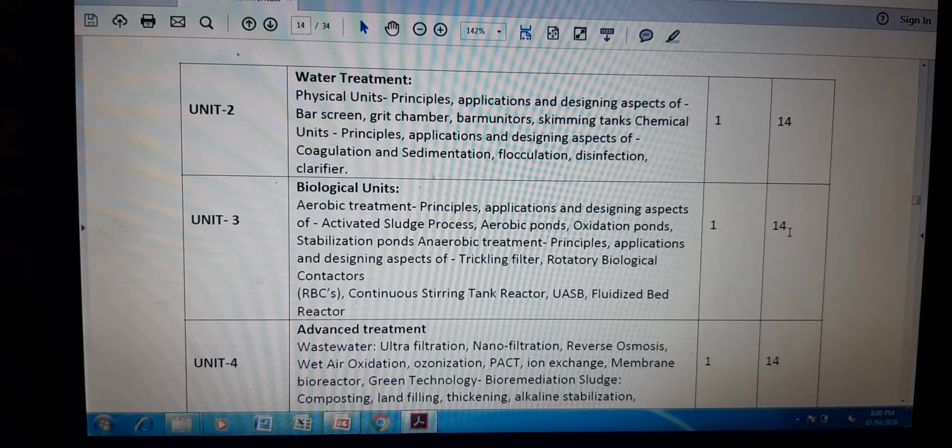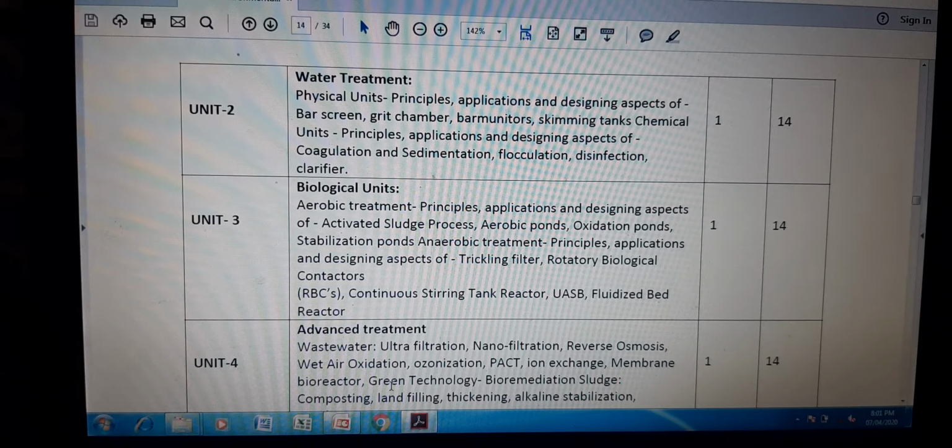Advanced treatment. So unit number 4 covers the advanced treatment of the wastewater. In advanced treatment, there are a few important methods mentioned in the syllabus. As per the syllabus, we have UF, that is ultrafiltration, nanofiltration, reverse osmosis, wet air oxidation, ozonization, packed ion exchange, membrane bioreactor, etc. All these are the important methods which are used